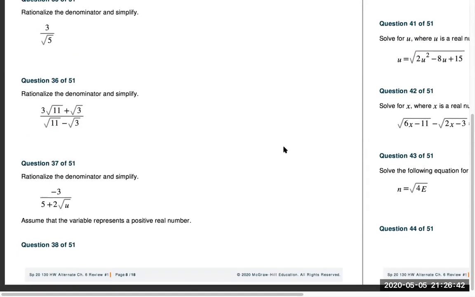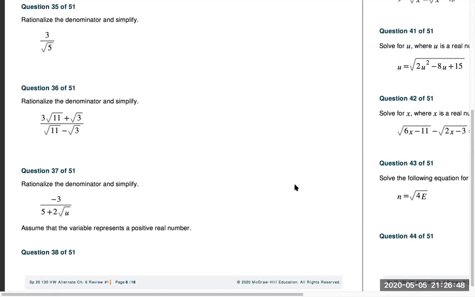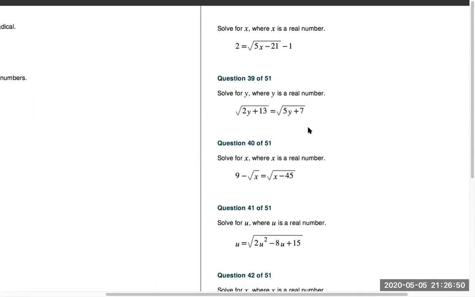Okay, 37. Oh, I guess I could have just done this one with the conjugate. Oh, well. I'll move on to number 39. I think actually I'll do number 38 too for this. It'll be a little helpful. So we'll start with 38. I wish I had more room here. So number 38,